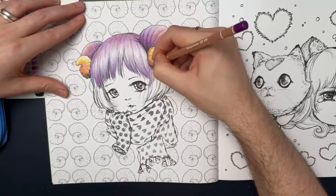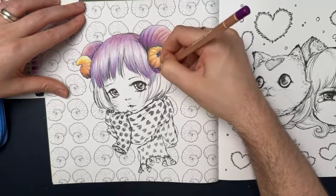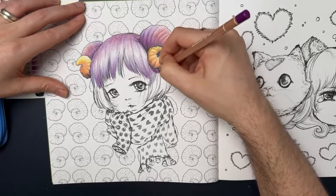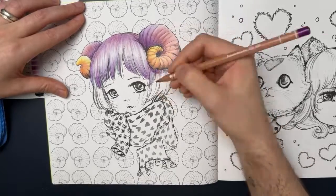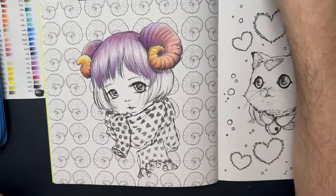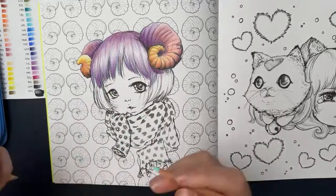Alright, this can just be dark under here because this is in shadow. And then that's not necessarily purple hair over here, but we'll add a little purple just because. We're getting somewhere. Let's bring in the blues. I'm not really sure which is the lightest blue, but...